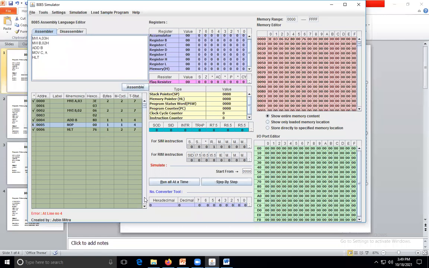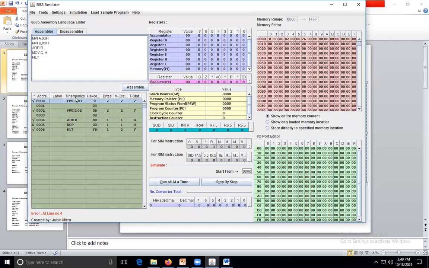In that window, we have to see each and every address where the locations are stored. You see here, address 00 is the address. First is 3E and then 03. What is 3E, we will discuss later. This is the address where you have to start the location, where we have to store the program.